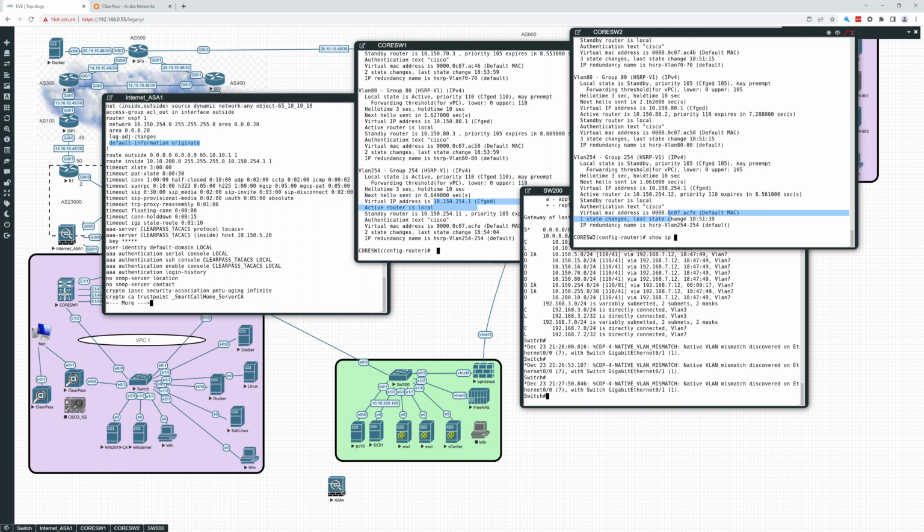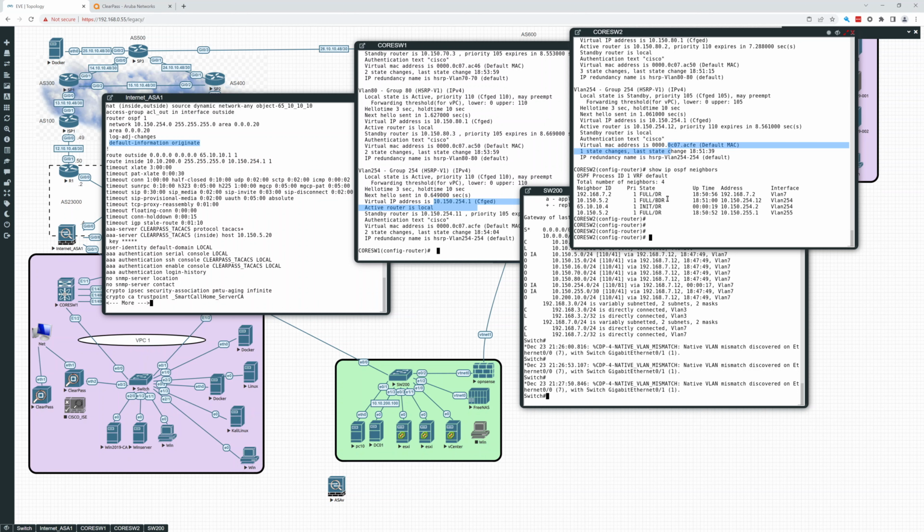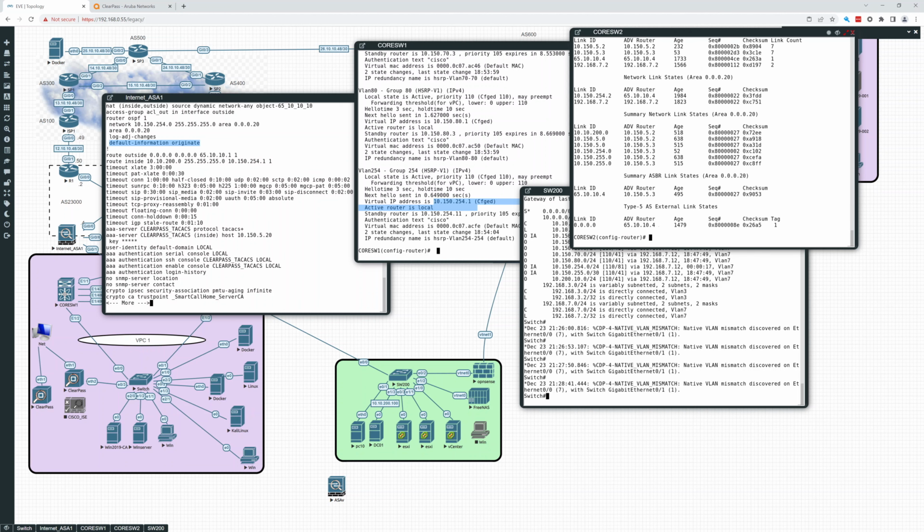So show IP OSPF neighbors. Show IP OSPF. See what we got. Database. Let's take a look what we're getting for the